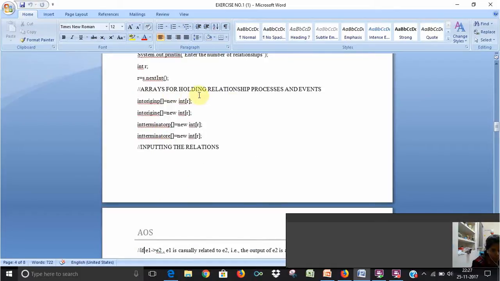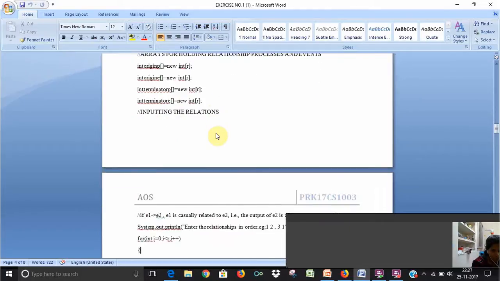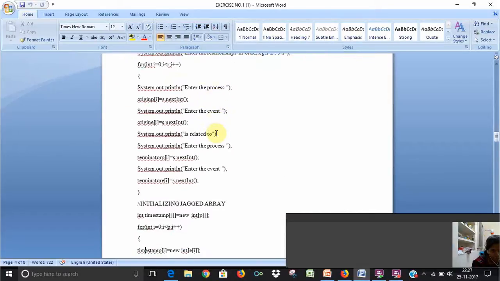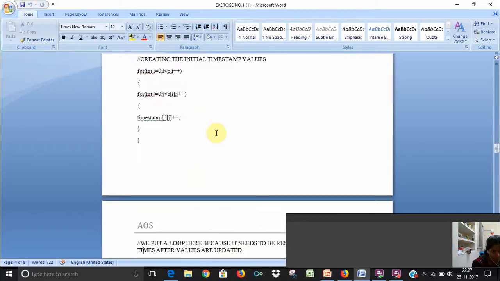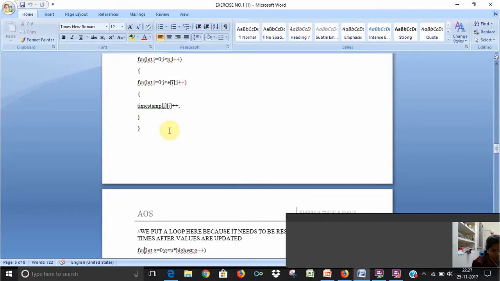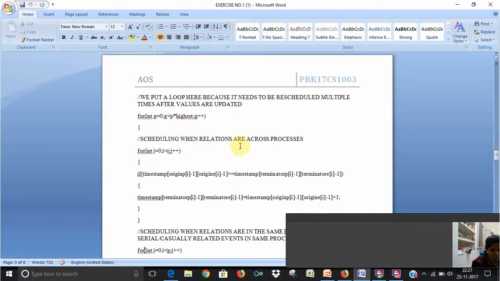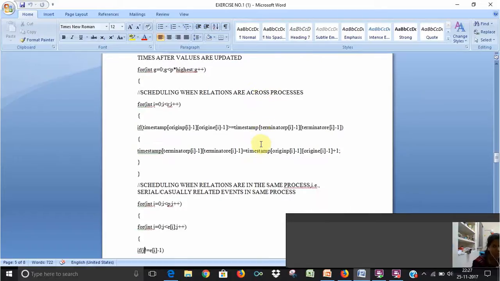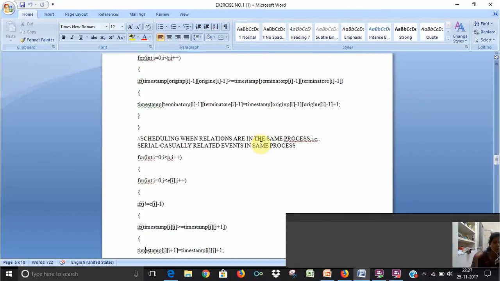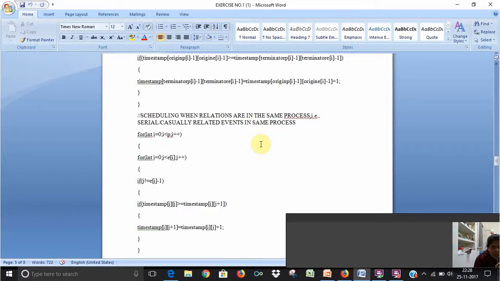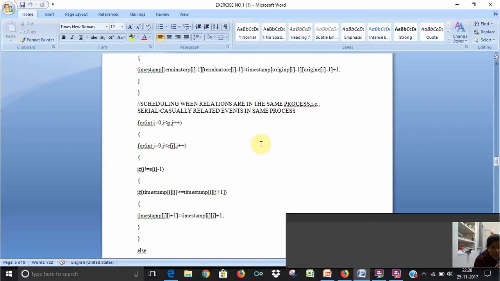Here are arrays for holding the relationship between process and event. We are creating an array list for each input, initializing the checked array and creating the initial timestamp values. These for loops are used, and this is scheduling where relations are across processes. Then scheduling when relations are in the same process, serial or causally related events in the same process,